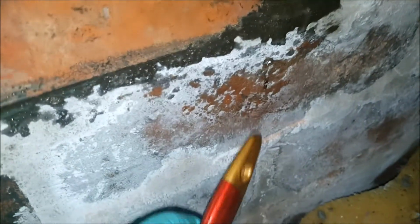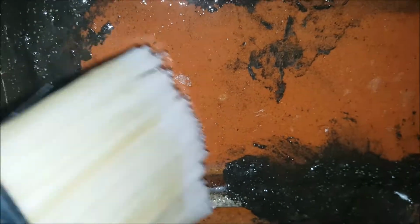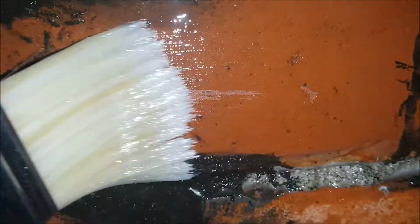This is how the product looks on the wall. It applies just like a varnish, but nice and thin. This brick is fairly wet, so I want to give it a good scrub, dry it off before I apply this. And in some places, as you can see, it absorbs quite well, so it looks like it's starting to dry. So that's what I want. I want to keep coating that area, let it soak into the brick as much as it can